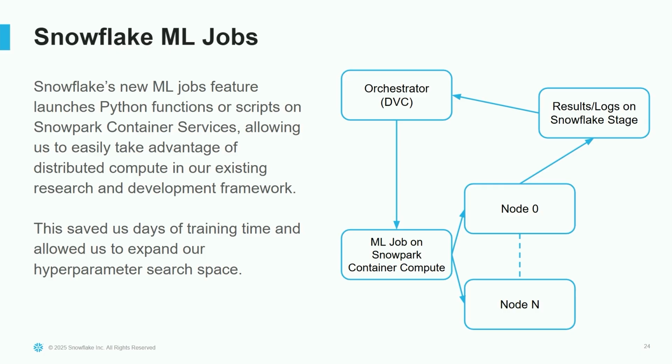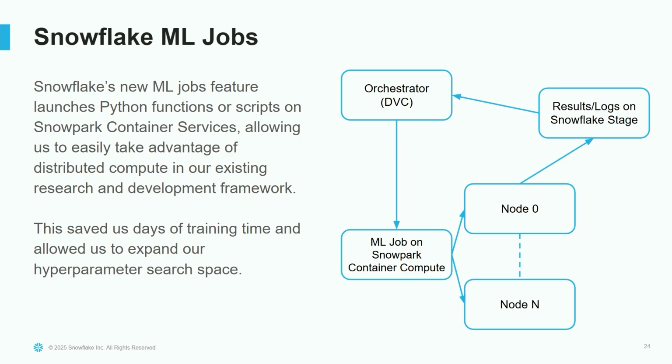Now the ML jobs feature, I believe, is in general preview, and the distributed compute on ML jobs, I don't know where that is. I'm not a Snowflake employee, but it was really useful. And we built all of our model architecture and our training loops in PyTorch on the Snowflake notebooks. And then once that ML jobs distributed training feature dropped, we could move that all right into our pipeline. And so here, now it fits into our usual workflows and how we track our commits and our data versions and our models. Orchestrator, which in this case is being run on EC2,